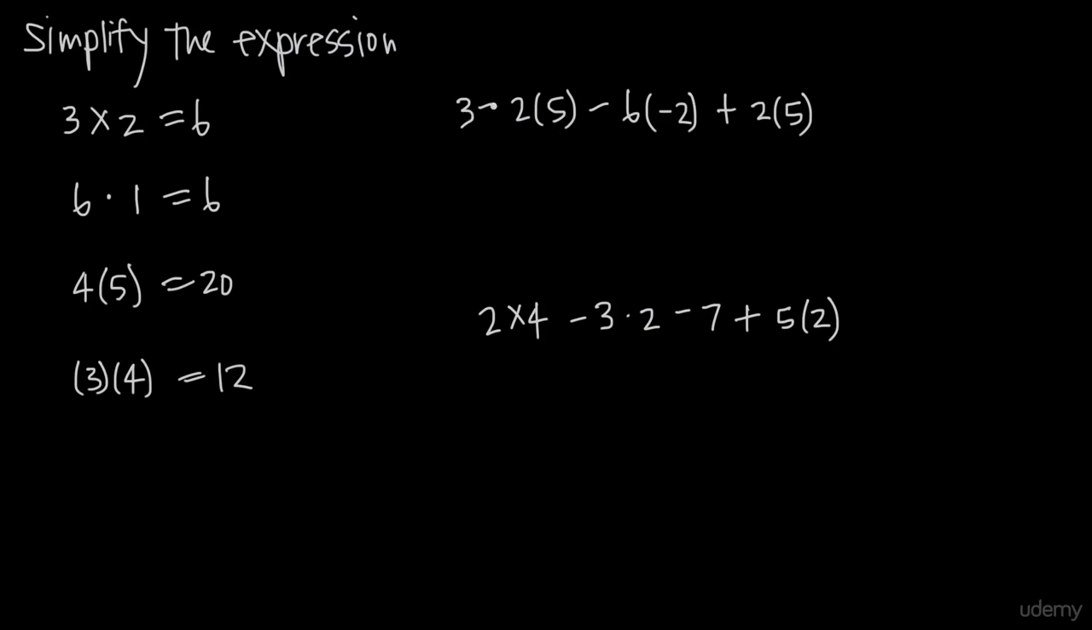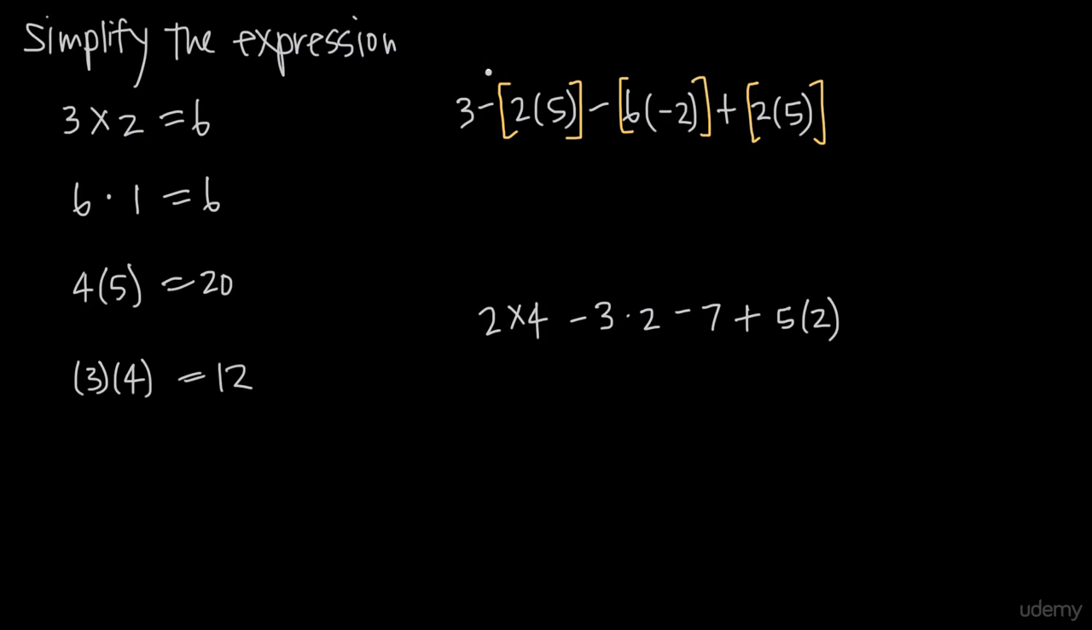So here we have 3 minus, we have a subtraction sign, and then 2 times 5. So we know this is going to be multiplication here. Then we have a subtraction sign, and then we have 6 times a negative 2. This is going to be a multiplication. And then we have plus 2 times 5. The 2 times 5, that's just like this 4 times 5 here, that's multiplication, so this is going to be multiplication. And what you can see now is that we've separated the expression, we've indicated the multiplication with these brackets,